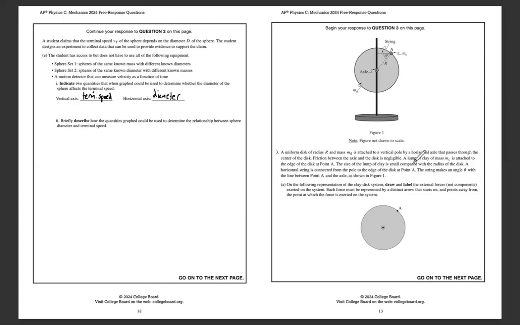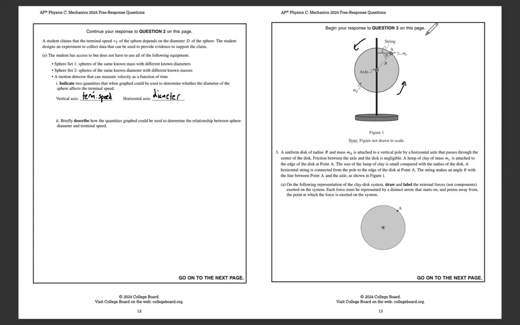So all right, you have a disc, you have a string and a clay, and there's an axle that's pointing out of the screen. This picture just looks really confusing. Essentially what's happening, and it took me a while and some help to figure out, is that I thought that vertical pole was the axis at first, but it's actually that axis pointing out of the page at the center of the disc. The disc is going to rotate counterclockwise, and essentially I think what that string is supposed to do